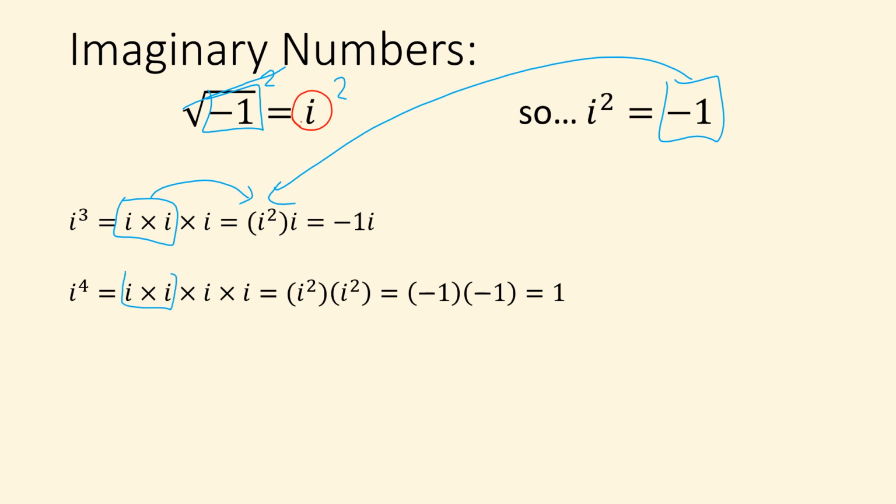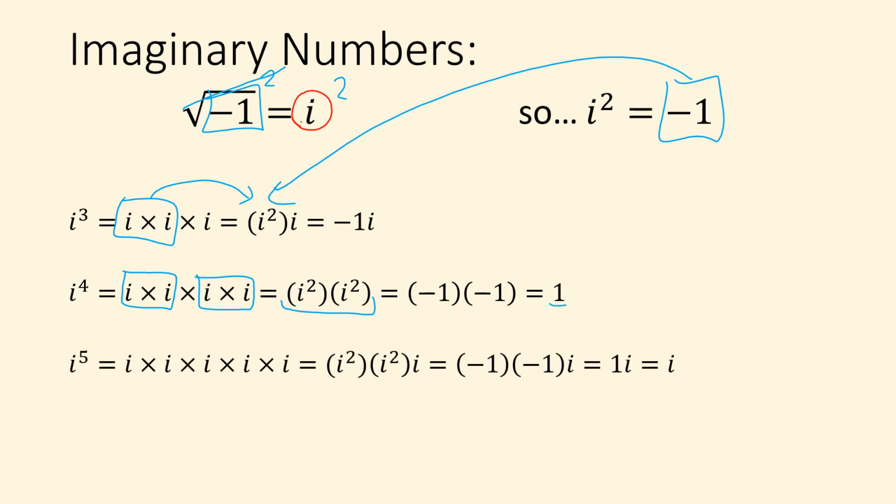We have a pair of i's here and another pair here, so we really have i squared times i squared, or negative 1 times negative 1, which we know is positive 1. I to the fifth: i squared, this i is left over, negative 1 times negative 1 gives us a positive 1 with an i left over,